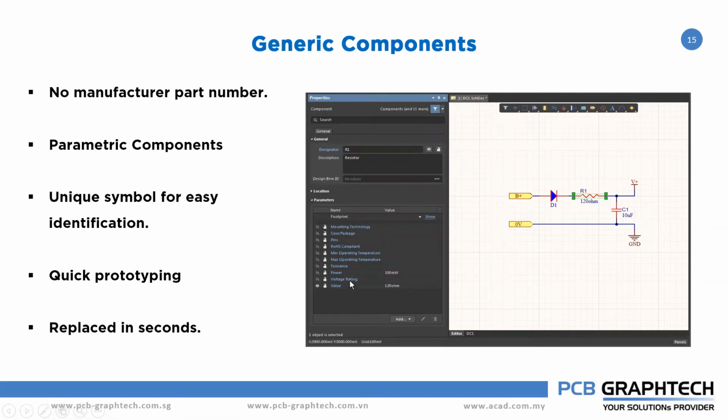Later, when your design is mature and you want to change the component, you can replace the component again from Altium 365. Automatically that particular component will be replaced by the new component, with the new schematic symbol and additional properties. It's very quick and fast.